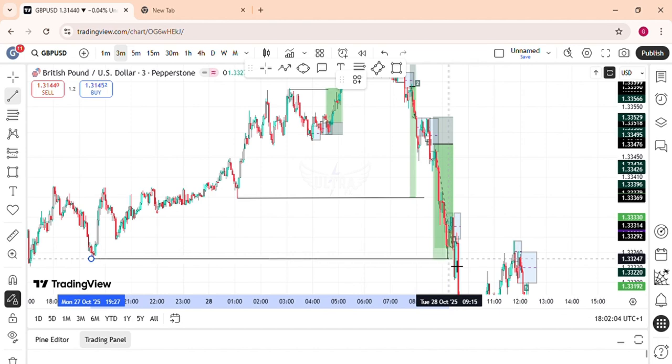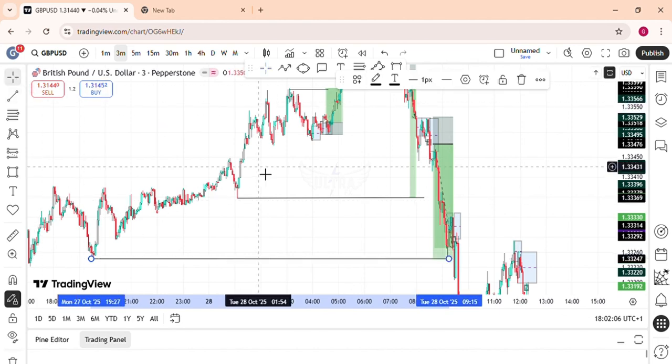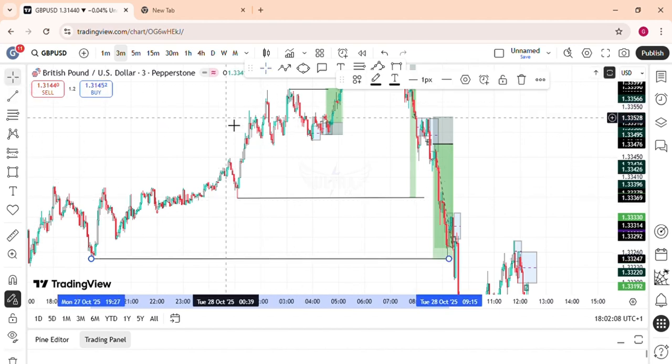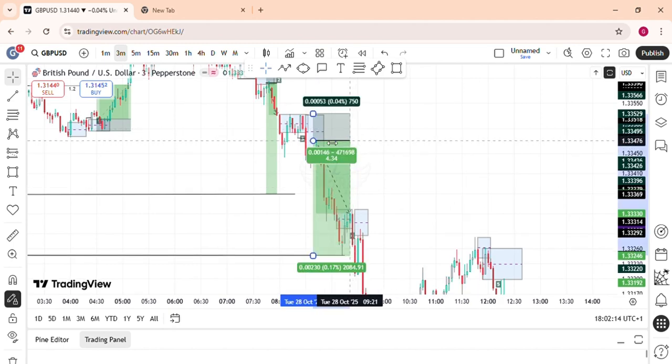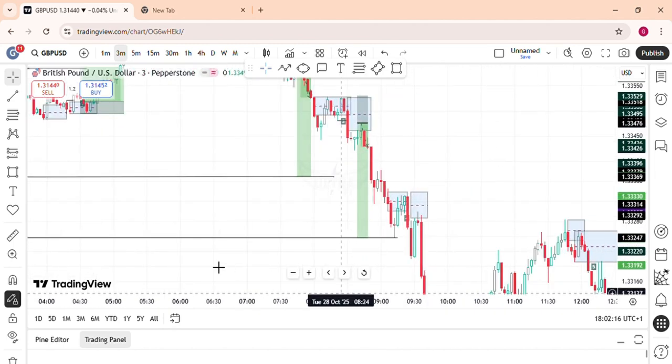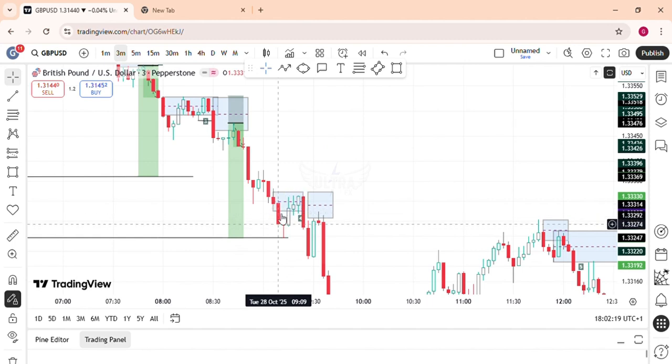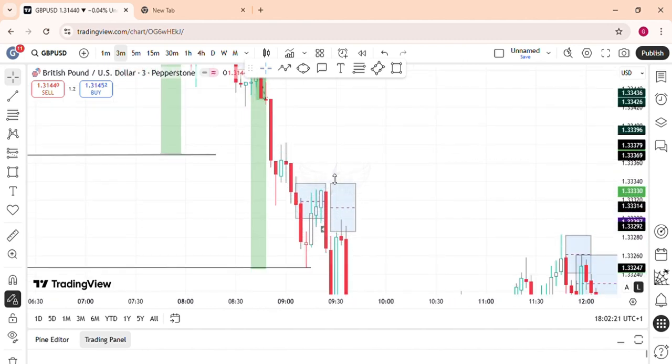And the next would be our trade number 4. Trade number 4, also a bearish trade. And we have a fair value gap market tapped from. This is a fair value gap. And this order block here. Order block and the fair value gap here. Market uses this supply area.